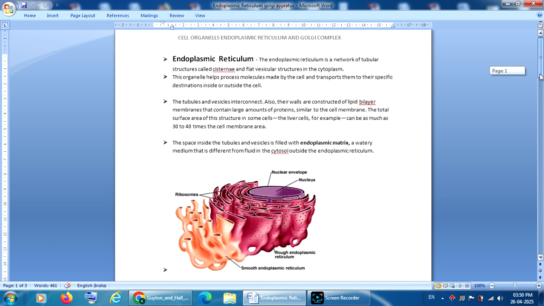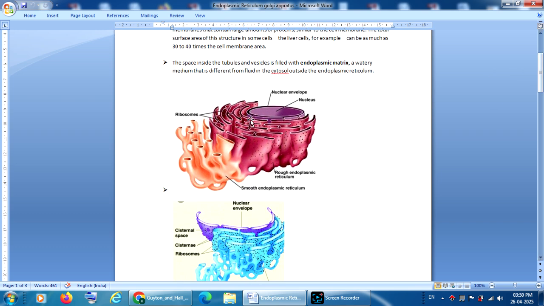Okay. See here, this is endoplasmic reticulum. See here, it is surrounding the nucleus. This is the nucleus, and the nucleus is covered with a nuclear envelope. If you see it clearly, the membrane of the cisternae or the endoplasmic reticulum is in connection with the nuclear envelope. This is how the endoplasmic reticulum is very closely associated with the nuclear membrane or nuclear envelope of the nucleus,